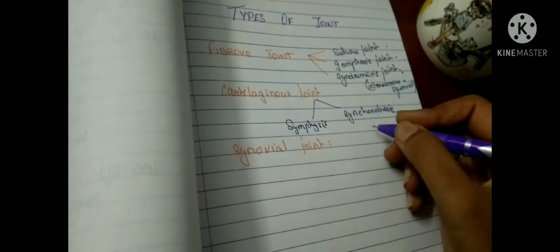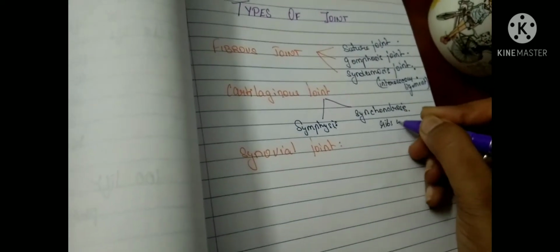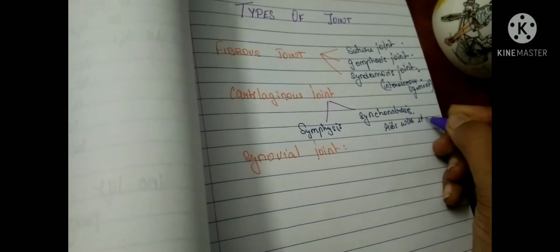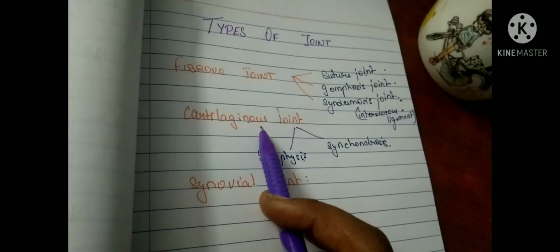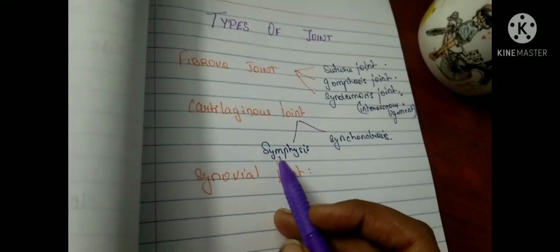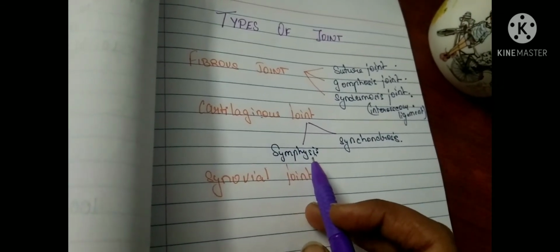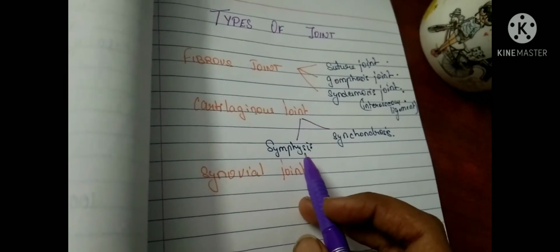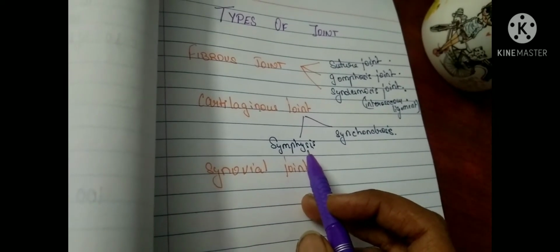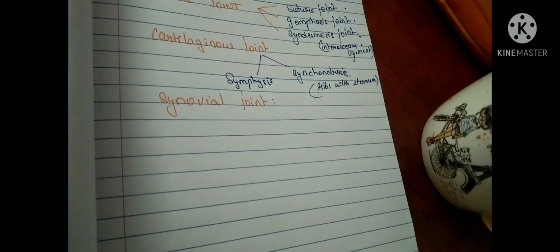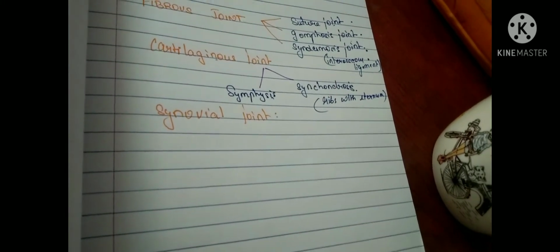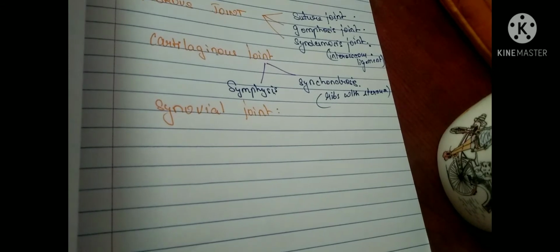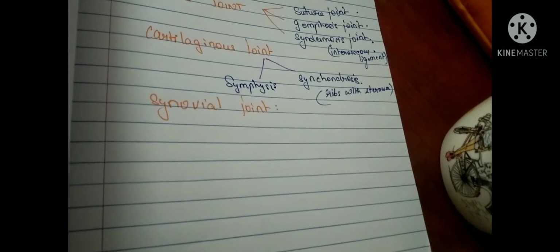So two bones are connected by hyaline cartilage and it can be found in the ribs which articulate with the sternum. And an example for the symphysis joint is the pubic symphysis in the pelvis. So this is an example of the symphysis joint. So now we are going to see about the synovial joint, mainly about the common features and then in detail about the types of the synovial joint.